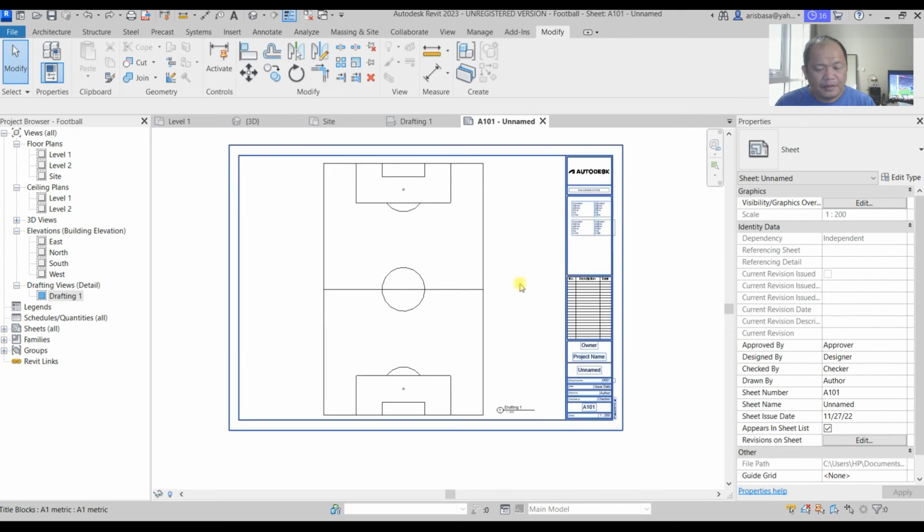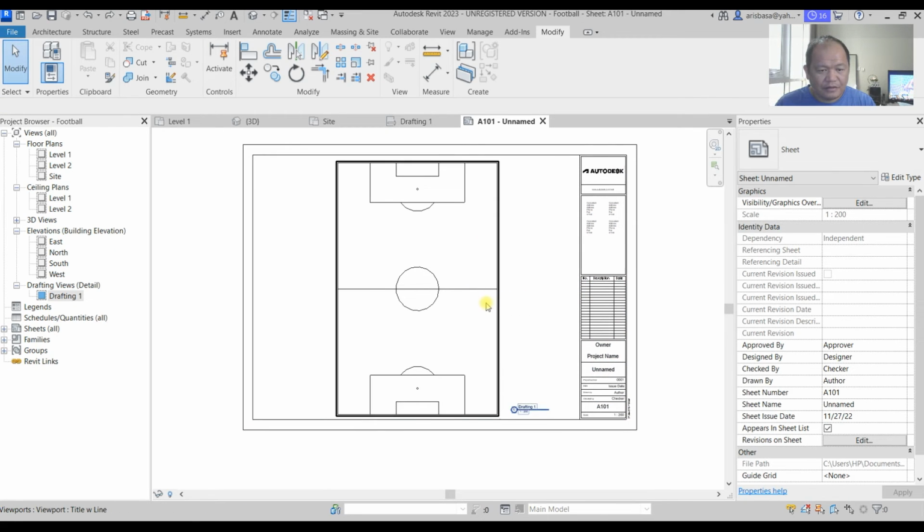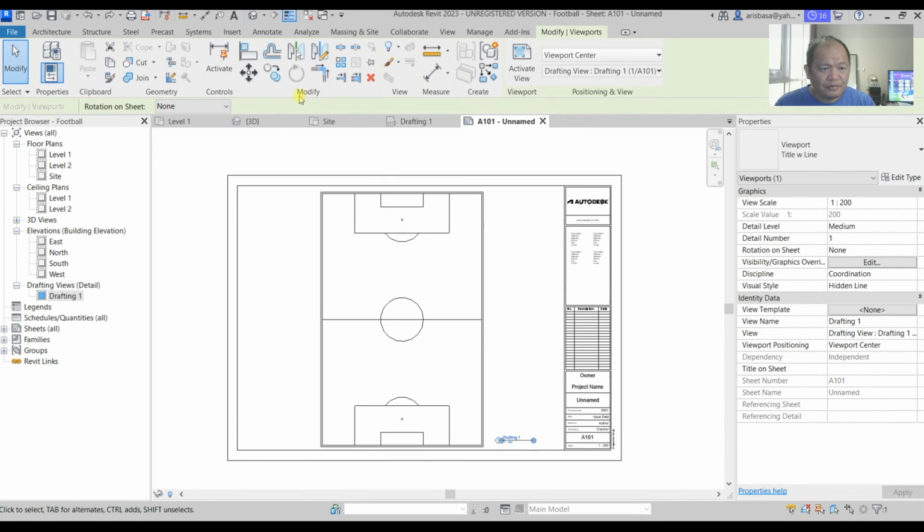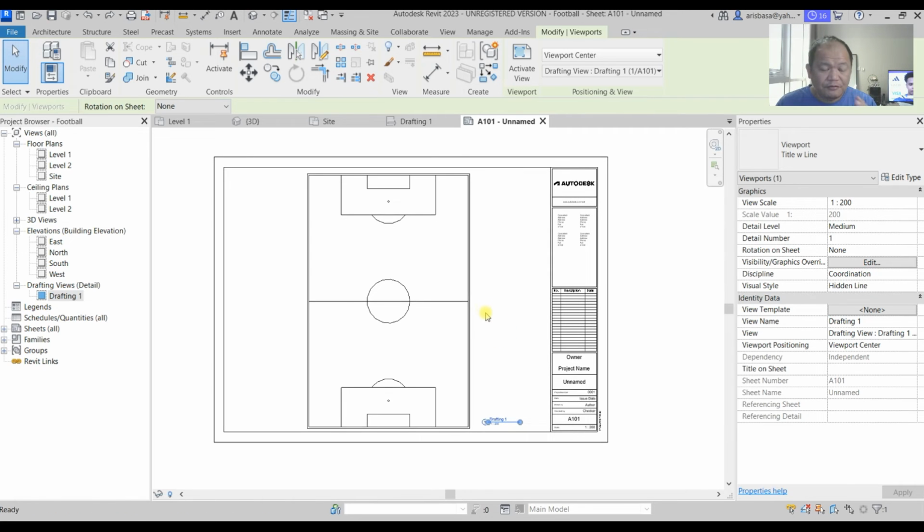Or if you're already here, you can activate the view, select the viewport, and you don't have an option to rotate it here. It's different from